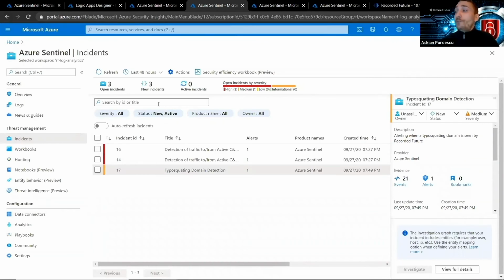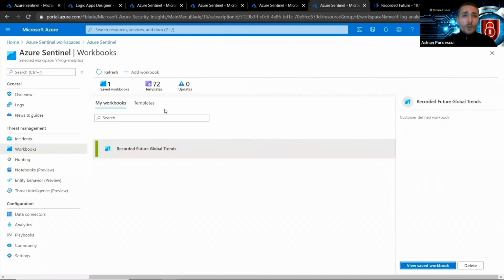So whenever Recorded Future is seeing a certain attacker trending in the landscape or a certain method trending in the landscape, like a particular malware, that information is provided to our customers. And that really helps security operations stay on top of their game and actually move into a more proactive state by following up what's trending in the industry and making sure they're adapting their defenses before that particular threat is going to impact them. So what I did was, based on some playbooks, I imported Recorded Future alerts, and then